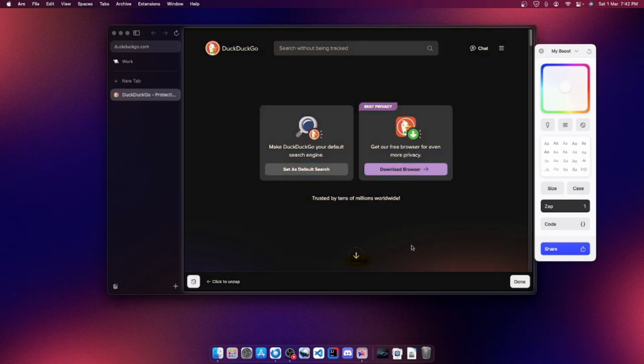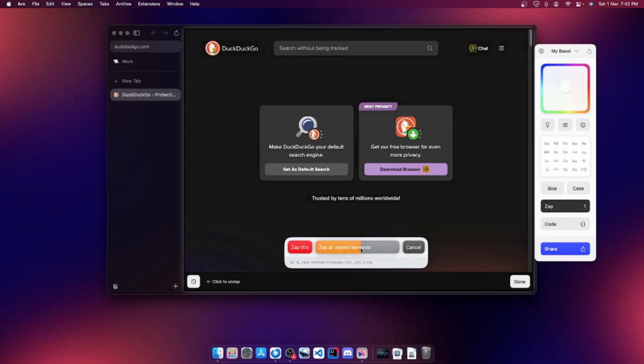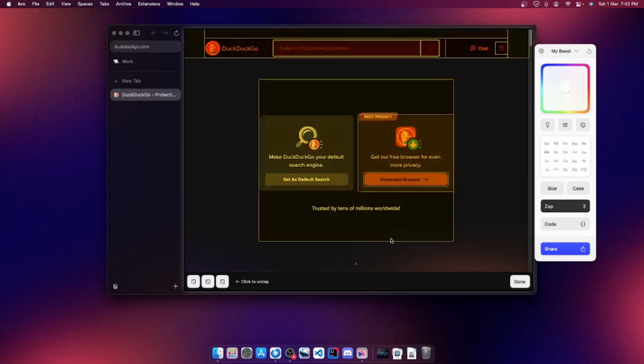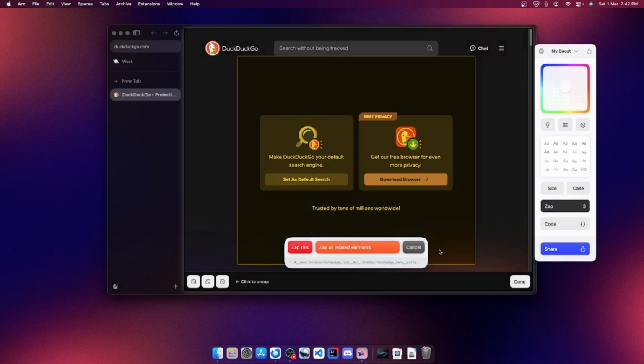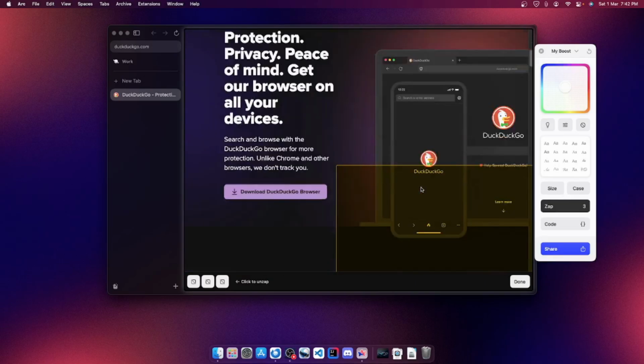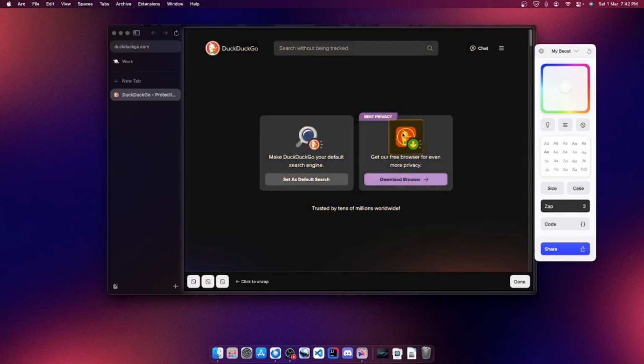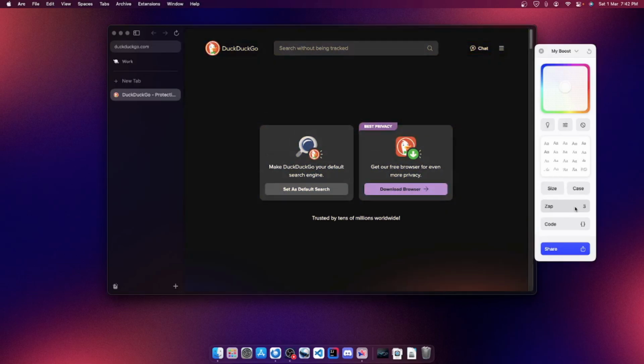Okay, so now I think it zaps everything. So yeah, this is what happens. We can zap out elements, so we could remove elements. That is very, very cool. Let's say there are lots of ads on your website and you hate ads, so you could zap them.